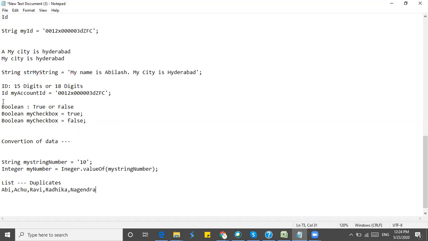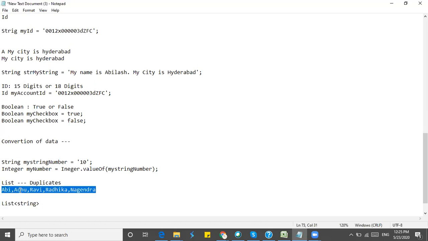So these are all the names, or these are all the string values that I need to save in one place. And if I want to process anything, I will get all those things and process them. So if I want to save at one place, I can use this. All these variables can be saved only in this type of variable, list type of variable.